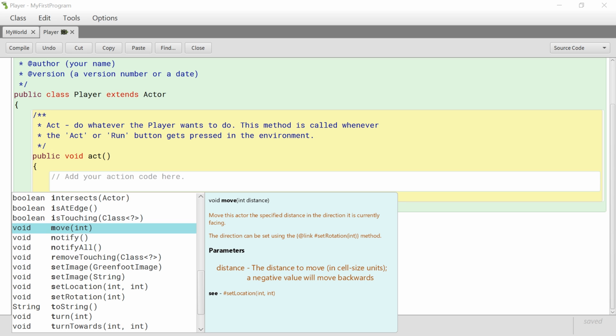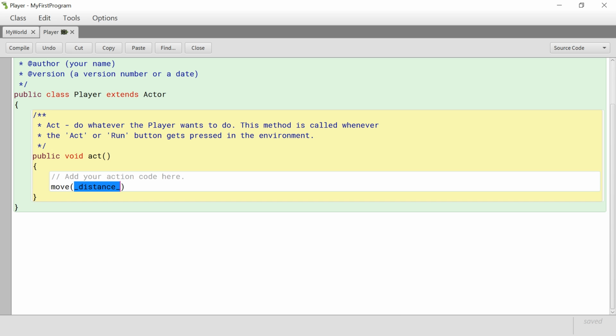Distance, the distance to move in cell units. A negative value will move backwards. It's pretty much the same as what it's showing us, but for now we're just going to use the move. Move a distance of 1. End the line with a little